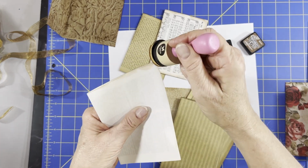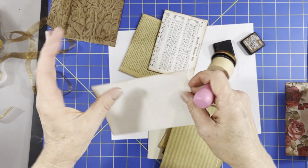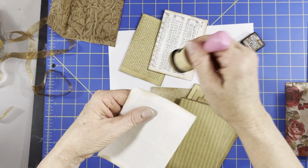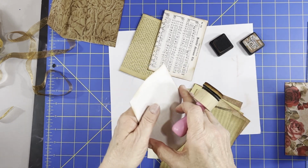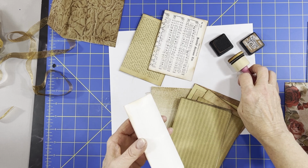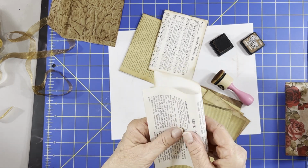Now, some people just like to do the edges. I like to get a little bit on the paper. I like my paper to look distressed. And like I said, if you don't want to ink, then skip this part, guys. Especially if it's your first time, go ahead and skip it. You don't have to do this. Just practice actually making the journal. Now let's fold it